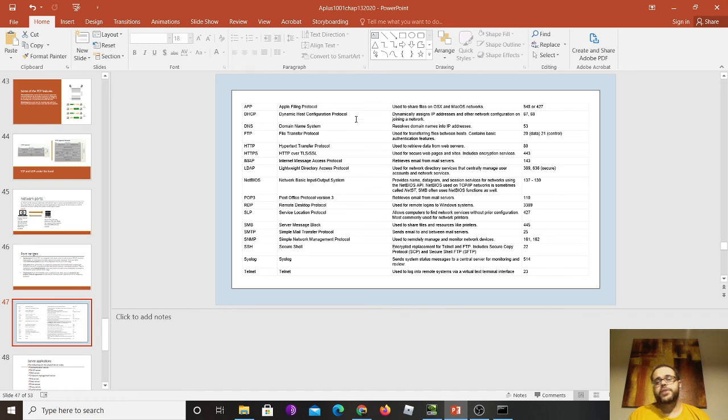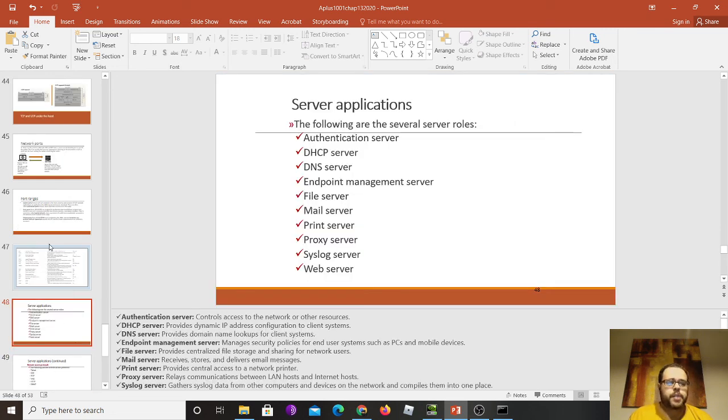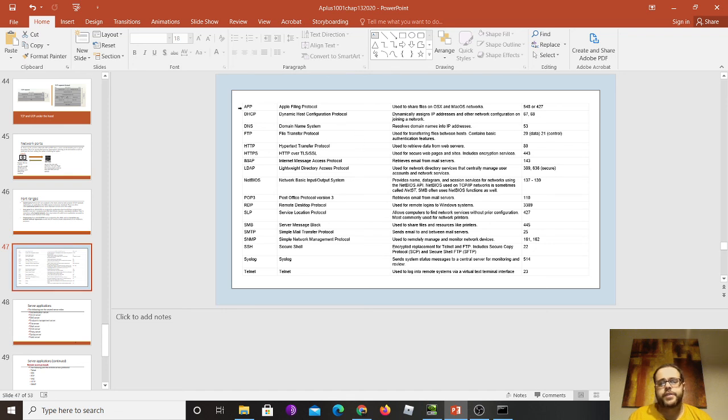This table here is very important that you guys memorize for the Network+ and A+ exam, because they will test you on those. So you have several different services here, the type of protocol that they use, right? And these are the ports that those protocols live in, right? And what those